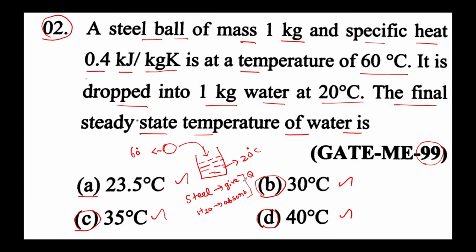So whenever you come across a thermodynamic question, always consider it as a conservative system, which means all the heat lost by the steel ball goes only into the water and not to the surroundings, right? This is a basic assumption you have to make. They should have mentioned it in the question, but it's your duty to remember that the entire heat lost by the steel ball goes only to the water, right? Okay, so I can say that the heat given by steel